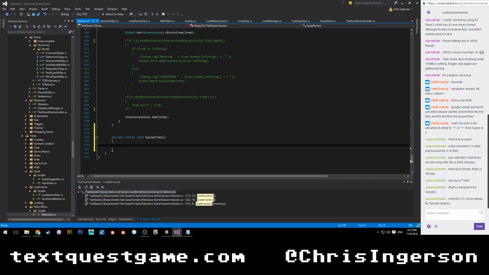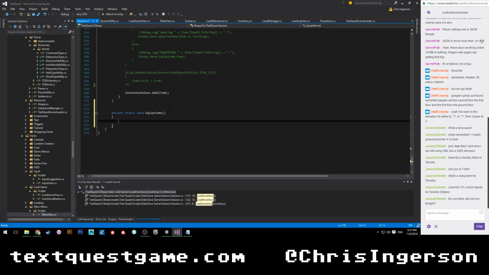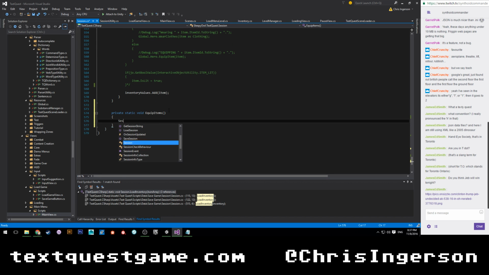We're going to say session data. I guess it's temp JSON, I believe. Dot get. I guess it's just going to be a string. Get string value, and then we're going to pass it nothing for now because this is all garbage until it's actually finished. So string